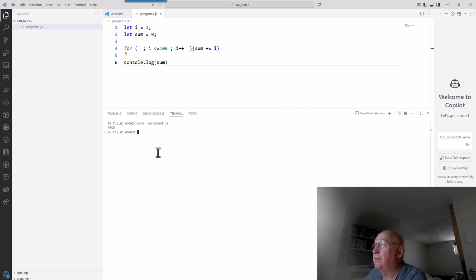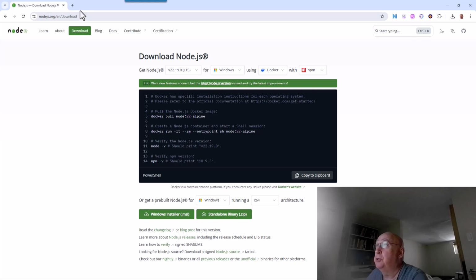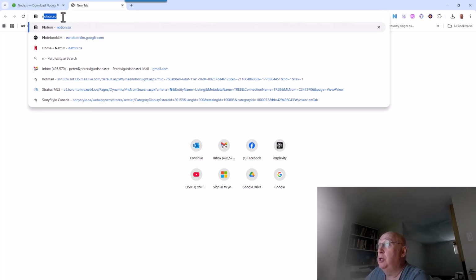And it is, in fact, 5,050, so that works. Anyway, now some of the initial work we're going to do is going to be to set up an Express web server. So you've been using the built-in web server in Visual Studio Code. Maybe some of you have worked with Apache or other web servers in the past. We're going to be going to